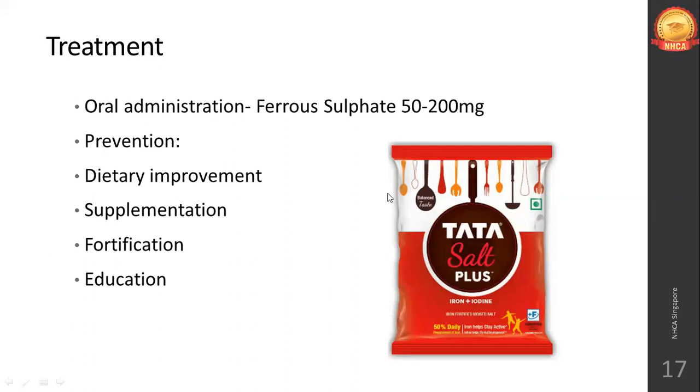Iron-rich weaning food should be started for infants, because when you start weaning, your focus should be on iron-rich food, iron and vitamin A rich food. It's a main focus. Awareness of mothers, specifically when they come for their prenatal visits at the PHC or the hospital, is the perfect time to impart this education to them. And even after delivery, whenever they come to hospitals or to the PHC for the immunization of their child,